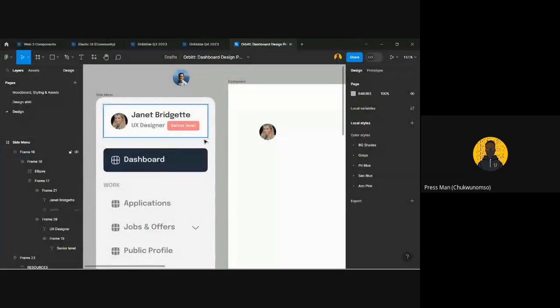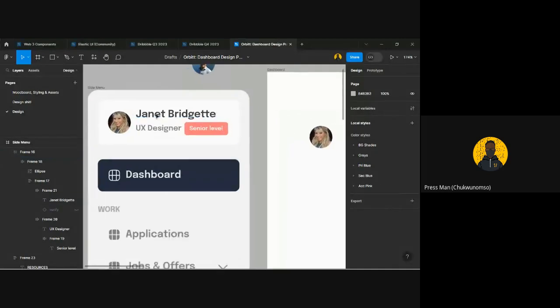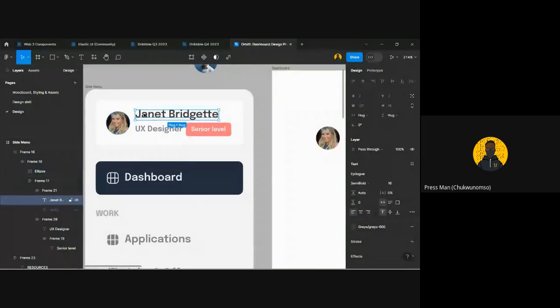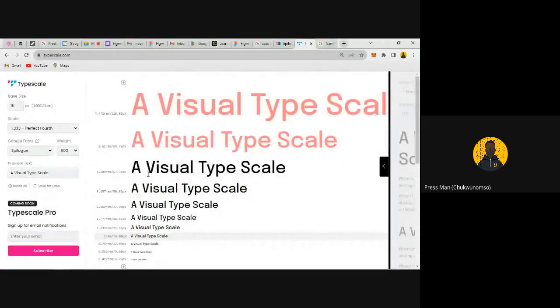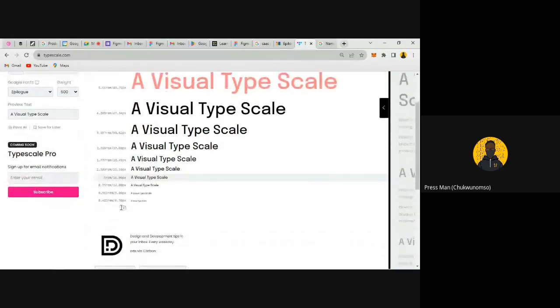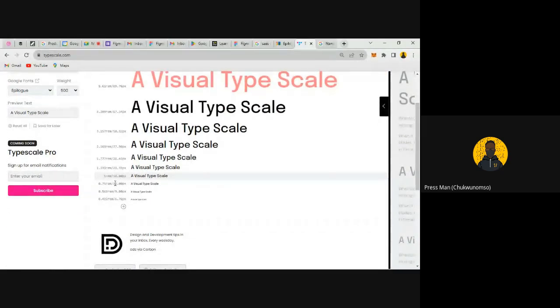And I'll explain how I did it here in my design. So this is the name of our designer. As you can see, this is 16, and this is a smaller text which is 12. If I switch back to the type scale, you see that this is 16 and this is 12. And for cases where you have numbers that have decimals, you probably want to